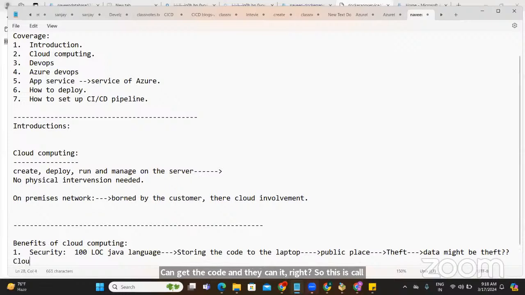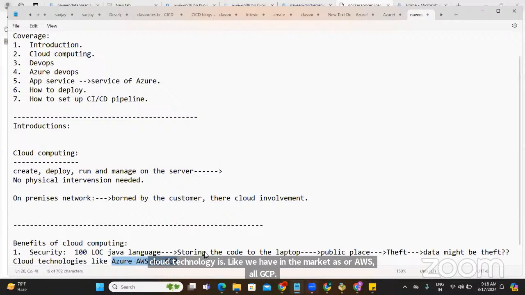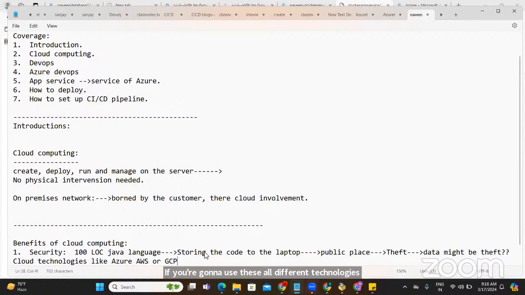But if you opt for cloud technologies like we have in the market, Azure, AWS, or GCP, your data would be saved in your cloud network. If someone wants to access it, proper permission has to be given.